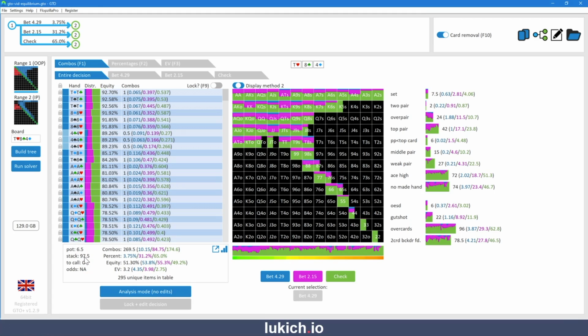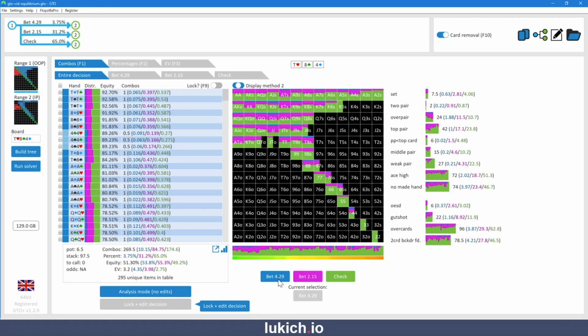Effective stacks, or our stack at this point, is 97.5 big blinds. And we would have a to-call or odds if our opponent had acted first. But the fact that we haven't had an action yet, there's nothing to call, and we obviously don't have any odds. The combos represents our overall 269.5 combos and how it breaks out across the large bet size, which is blue,